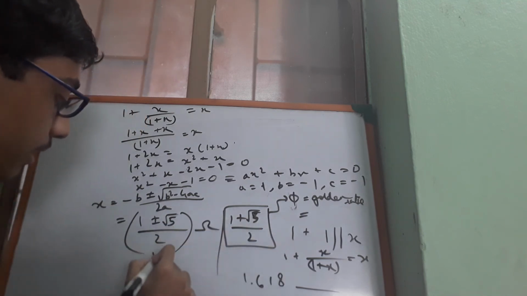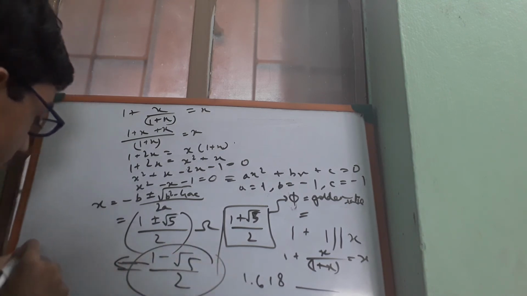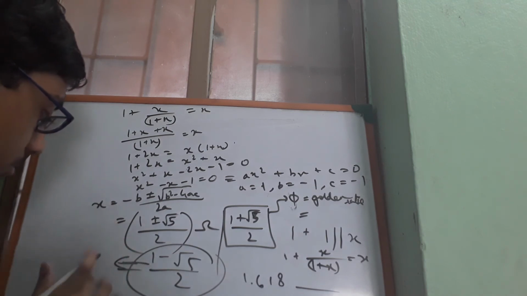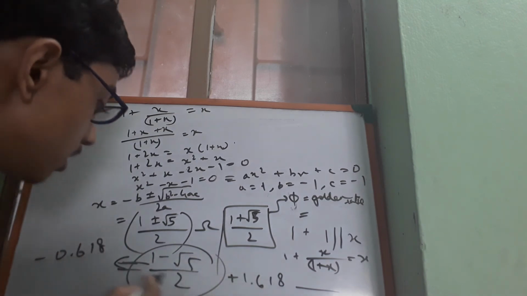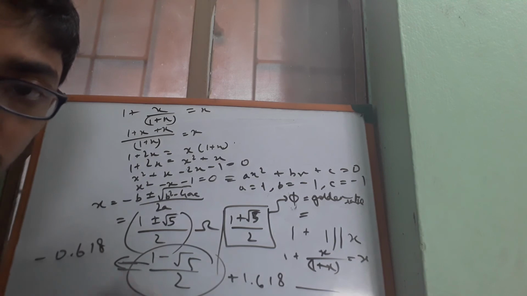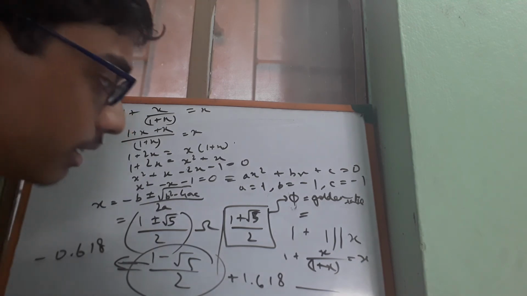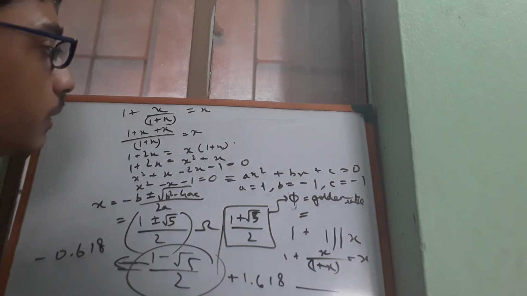And if we have 1 minus under root of 5 by 2, this is also an interesting number. This is actually minus 0.618 something, and the other is 1.618. So yes, there is a relation between these two numbers in mathematics. That is purely mathematical, so you can check it out. You can try to search that because that's very interesting. So what is the definition of golden ratio?